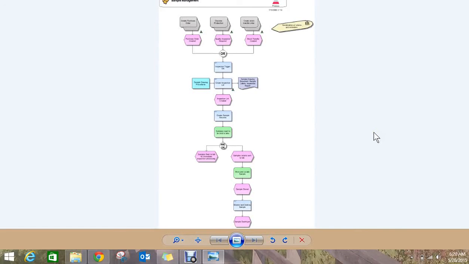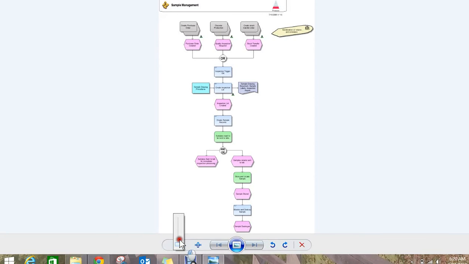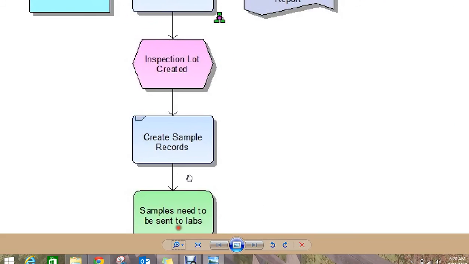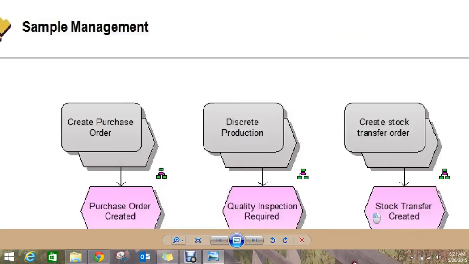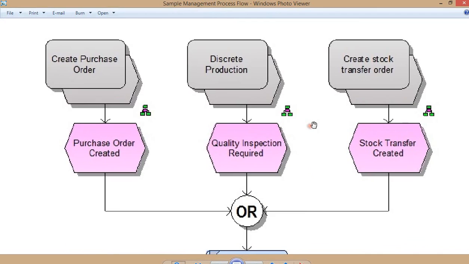Hello, we're going to look at a process flow diagram for SAP Sample Management. This diagram has several steps. I'm going to enlarge this diagram so we can walk through the steps. Going up to the top, again we're covering sample management, and this diagram starts out with showing that we need